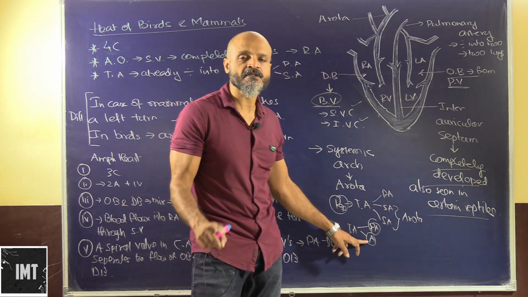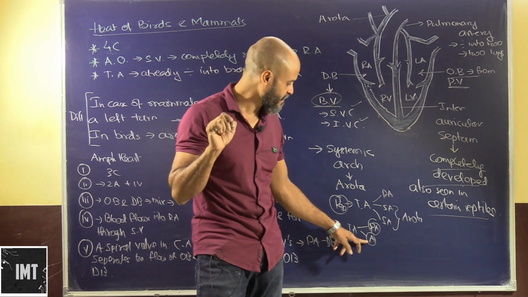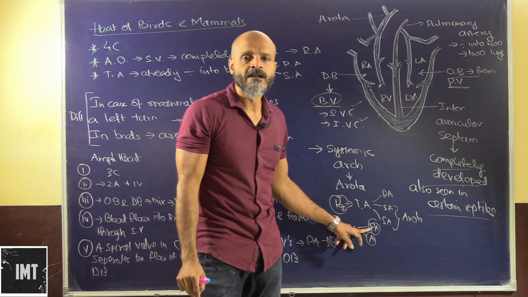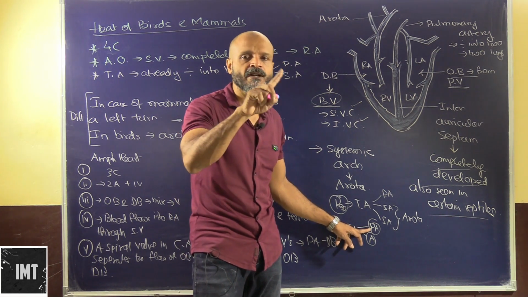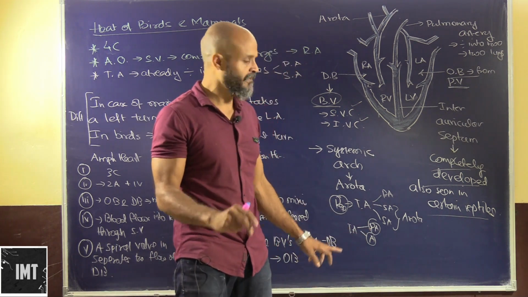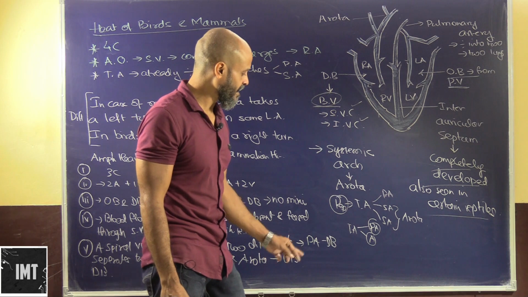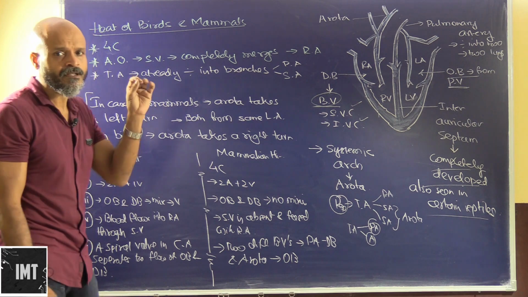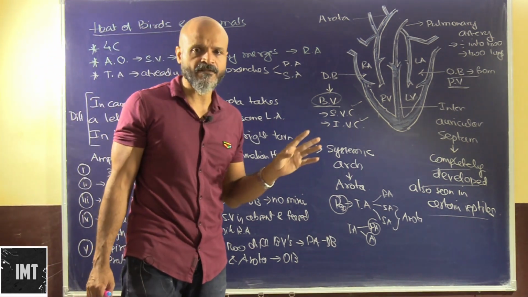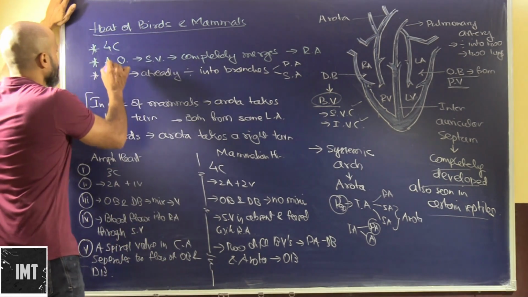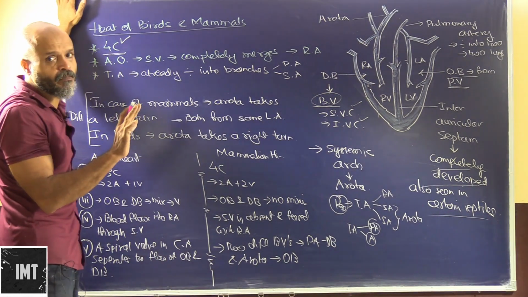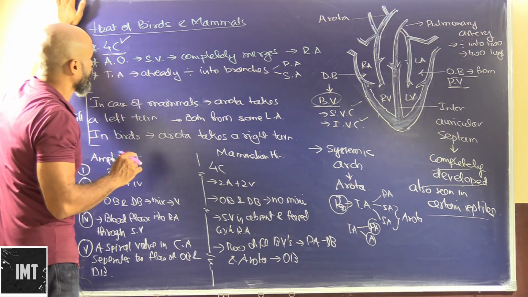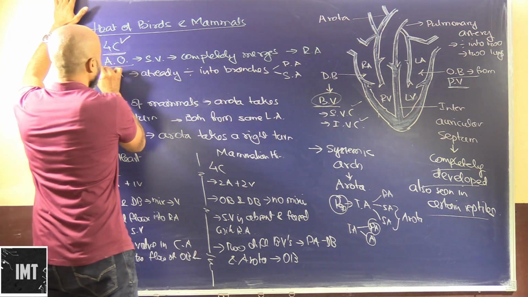So there is one aorta which is carrying oxygenated blood from the heart to the various parts of the body, and there is one pulmonary artery which is basically branching out and carrying deoxygenated blood from the heart to the lungs. So that's the difference between a reptilian heart and a mammalian or a bird's heart. Now the mammalian and the bird's heart are almost the same, with just one minor difference which we are going to see. Both of them have a four-chambered heart, with proper division between auricles and ventricles by the interventricular septum and interauricular septum.